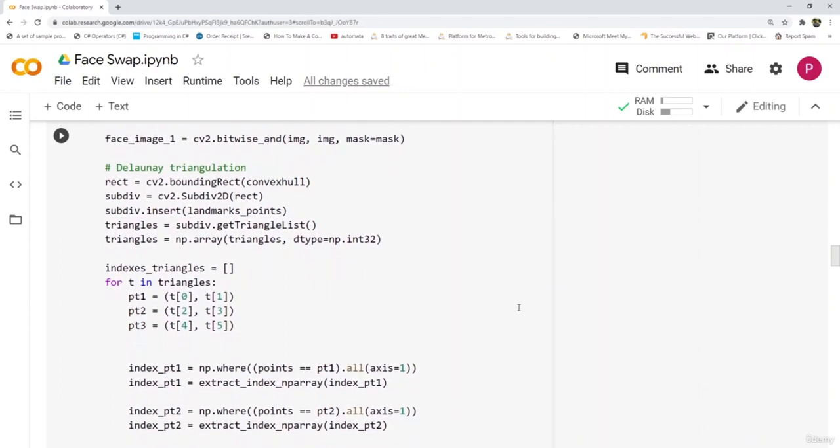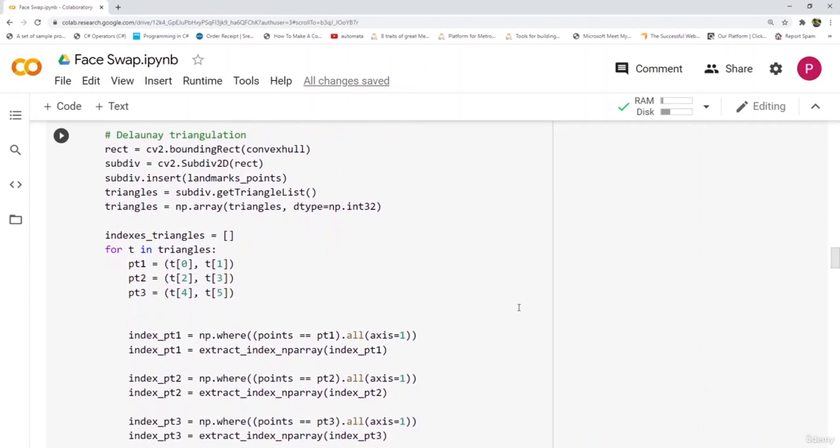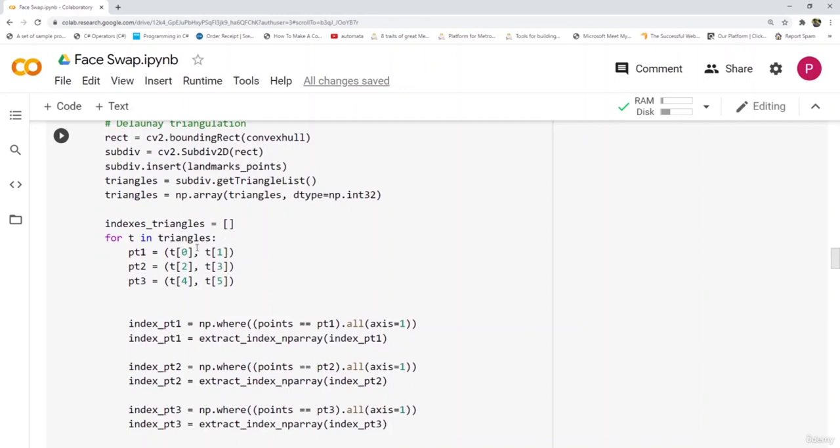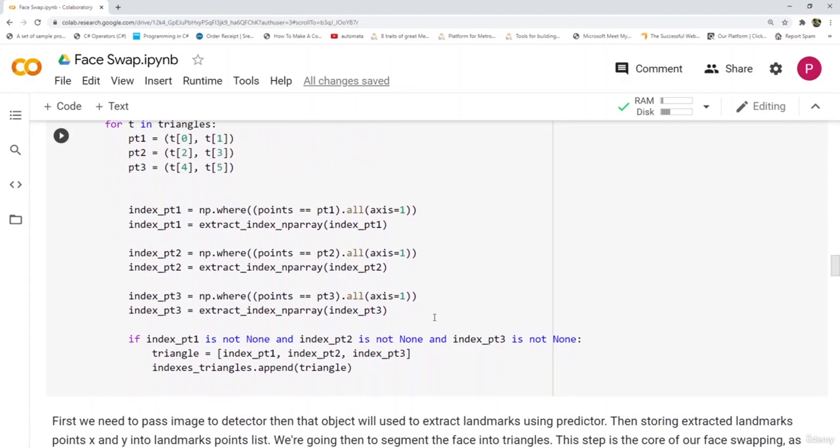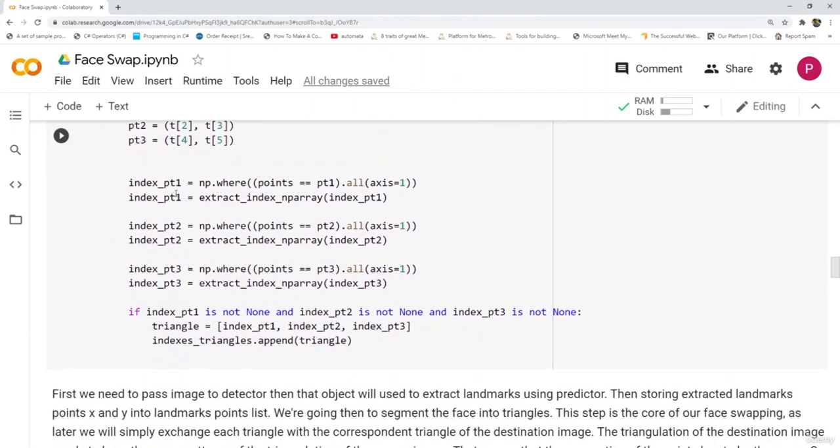Next what we'll do is find the indexes of the triangles. So for t in triangles, we'll store 3 points and we'll store the rectangle indexes into these points. Next you can see that we have created index point 1 where we have used np.where, and we are storing the points where points equal to point 1, on all axes.